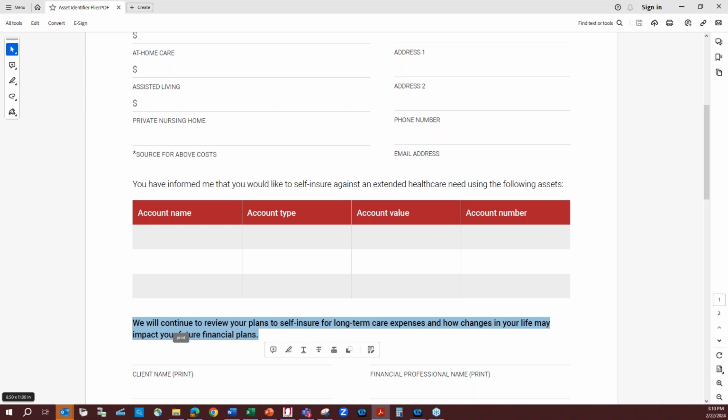Now, it might also say, you know what, that first one there, we actually liquidated that to buy a lake home in Western Nebraska. We're super excited about it. Maybe we need to update this form. But more often than not, what I've heard from advisors that have been using this consistently within their practice is that this has been really kind of a non-threatening way to reapproach the topic, because more than once I've heard